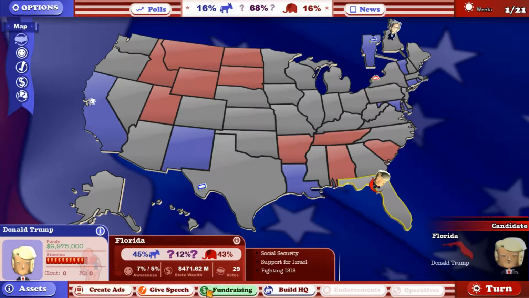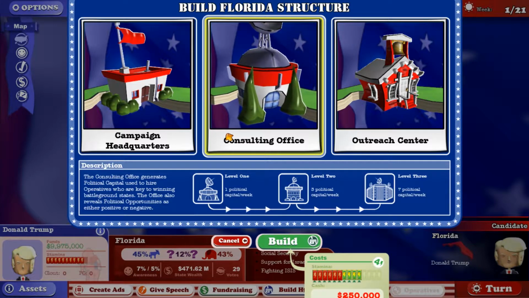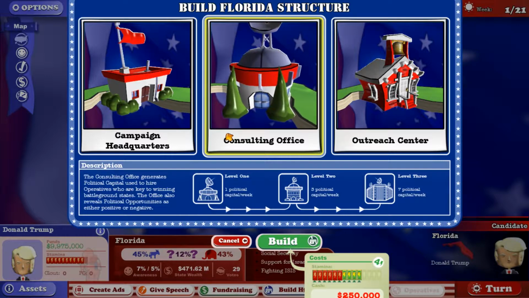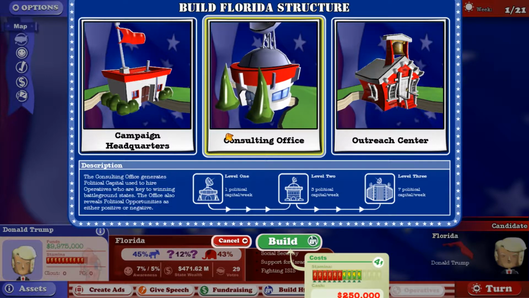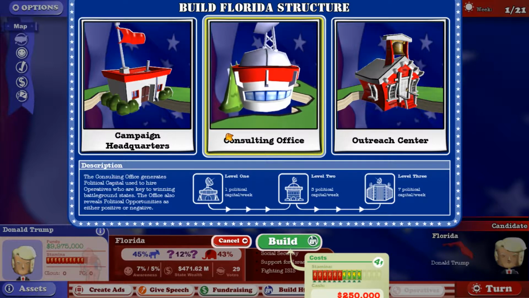So when you get into the state, there's various options you have. You can create an ad, you can give a speech, you can do fundraising, or you can build a HQ. There are various types of buildings you can build. You can have campaign headquarters, which you use for fundraising. A consulting office generates political capital, which you use to get political opportunities, which are very important for winning the